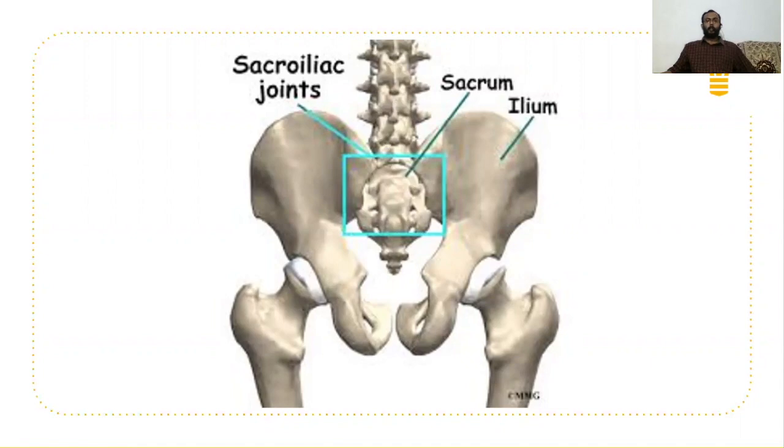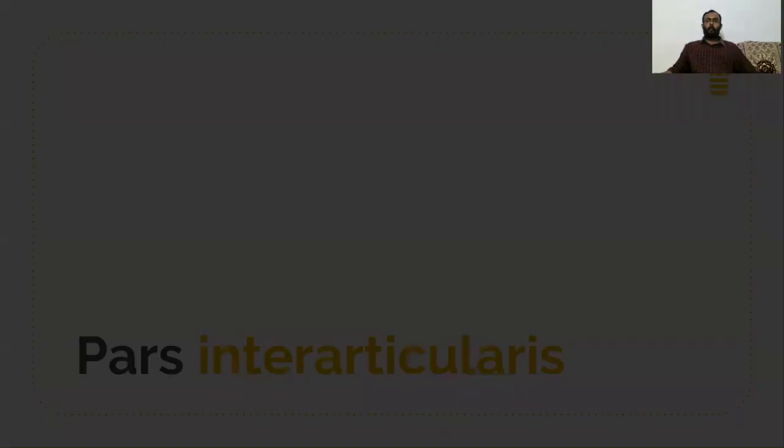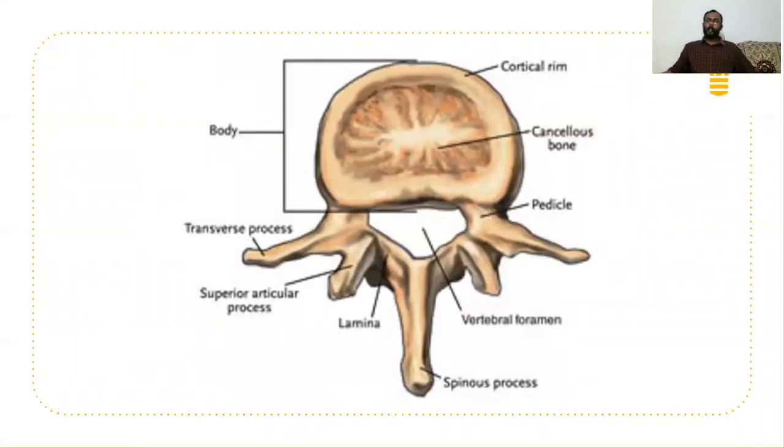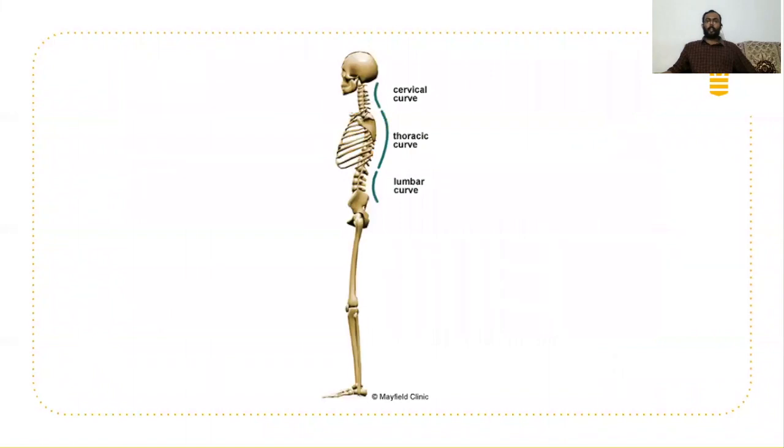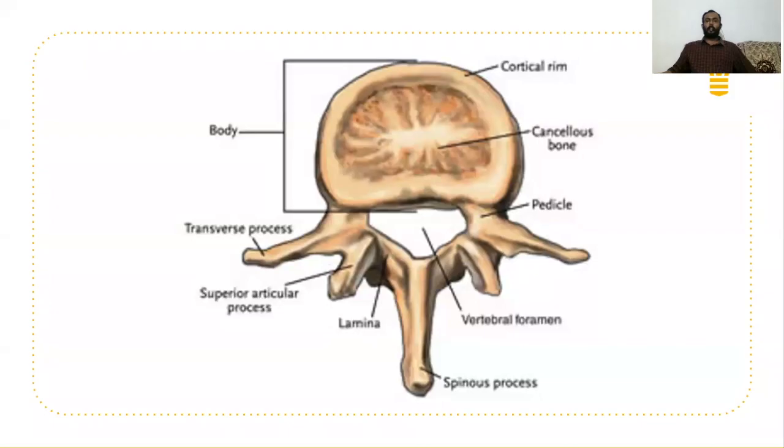And this sacrum is a fixed joint, and this lumbar spine is a flexible joint, and this is the most common cause for degeneration of disc in the lower lumbar area, and also the cause of spondylolisthesis. Coming to the applied anatomy of the spine, please note that I already explained that it is an S-shaped structure in which the cervical spine is more prone to injuries, the thoracic spine to infections, and the lumbar spine to disc degeneration.